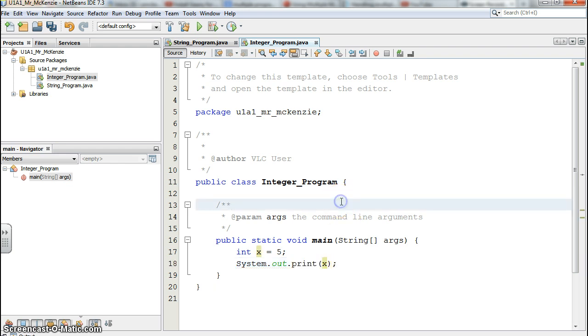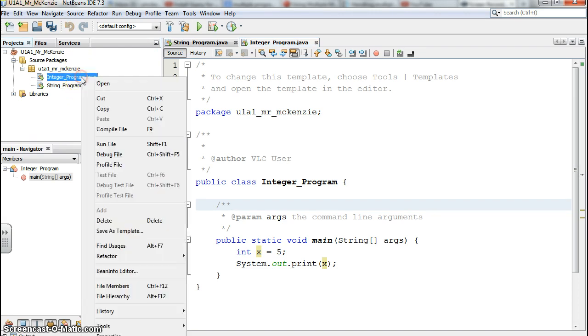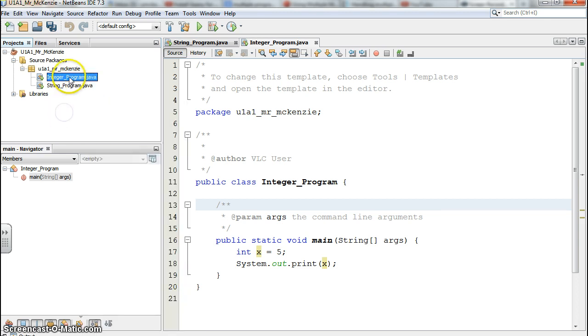So what I have is, if I want to actually run these and test them to see if they work, you'll notice that there is this green triangle at the top. That will run your project. But here in my project I actually have two programs within it. So I'm not sure which one this is actually running. To be absolutely sure, I can go over and select the program that I want. I can either right click on that program and select Run File, or because the shortcut is Shift F1, I can actually just press Shift F1, and you'll notice that NetBeans